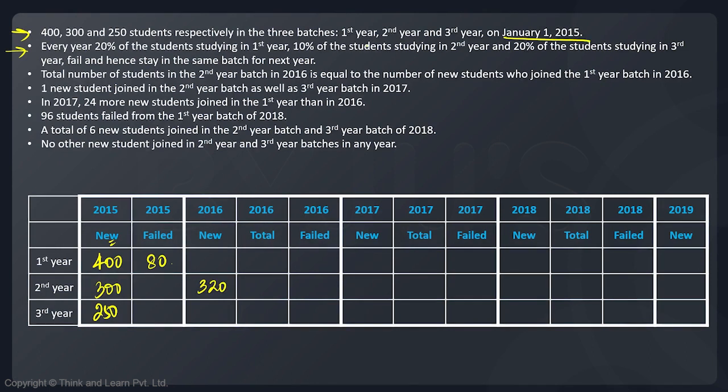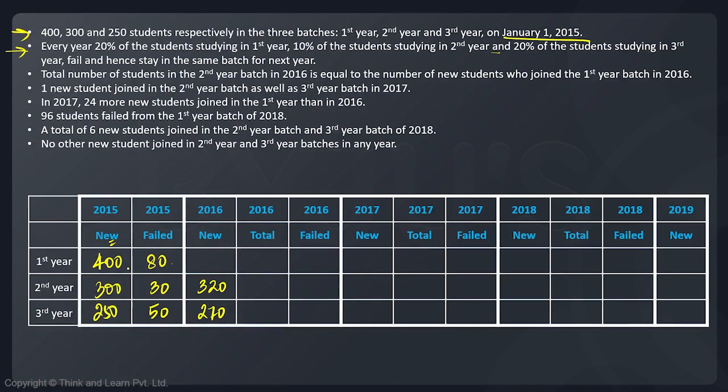Similarly, 10% of the students studying in the second year, 10% of 300 is 30. So 30 students will continue to remain in the same batch, while 300 minus 30, 270 students will move to the next year, right? And 20% of the students studying in third year, 20% of 250 is going to be 50. So 50 students will continue to remain in the same batch, while the remaining 200 students will pass